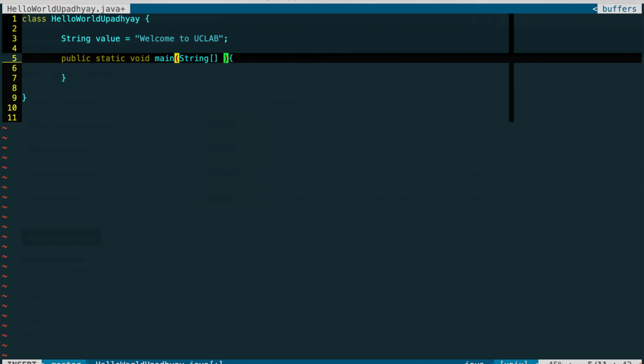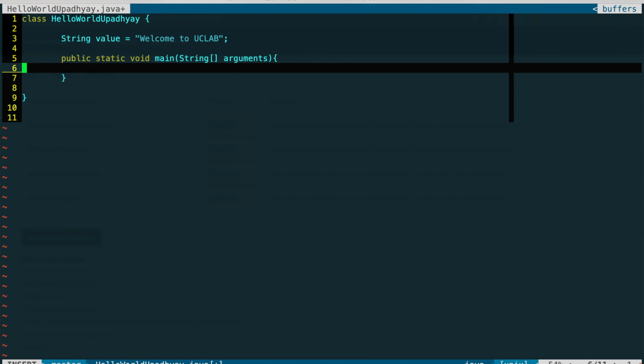So I did a String array and then args. We are not using those arguments now, but if I provide any input through my terminal, then I could make use of those arguments variable. But now I'm not going to use that. So inside the main method,